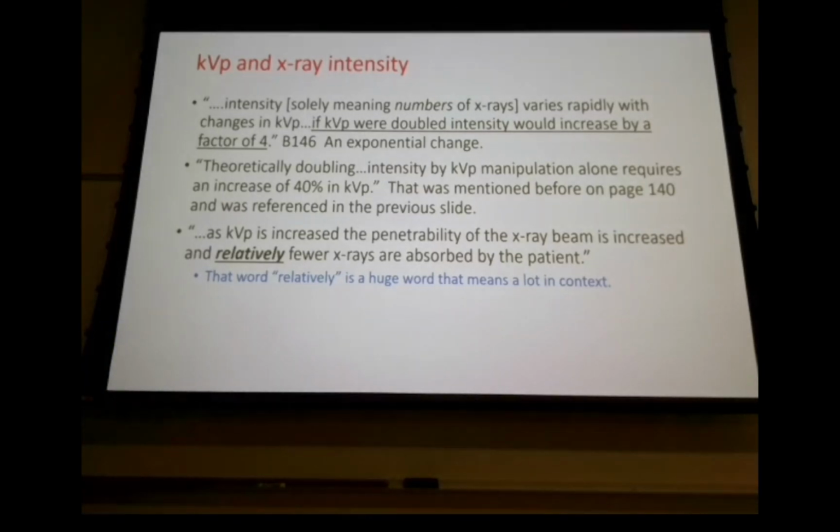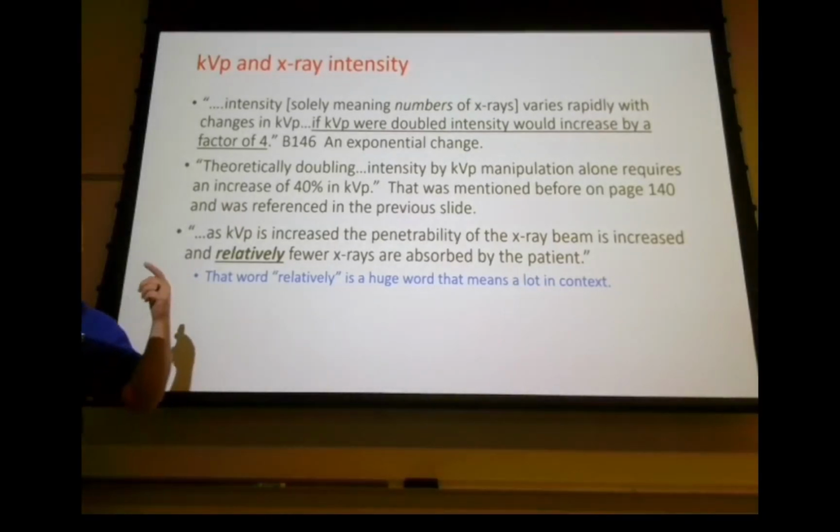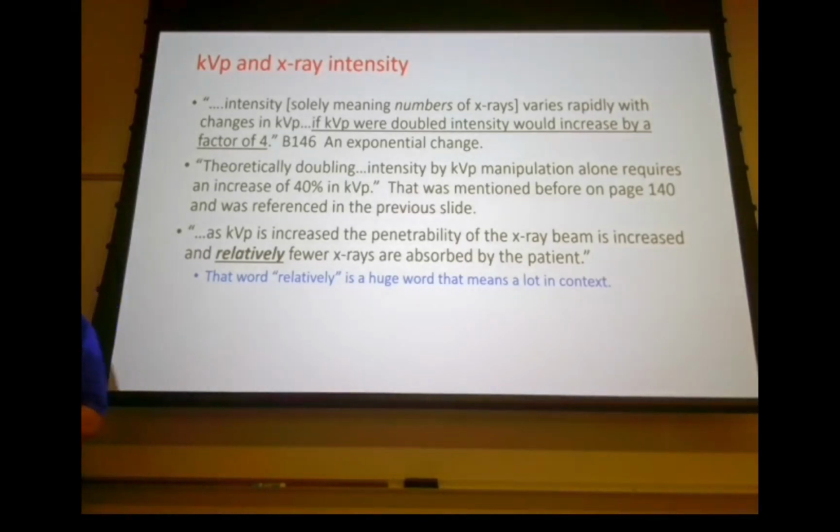Because we say as kVp goes up, scatter goes up. But what did we learn? That as kVp goes up, penetration goes up, all interactions go down, but what we get is a higher percentage of scatter photons penetrating through the patient. And it's really that penetration that gives us that increase in scatter. It's not truly an increase in scatter, it's an increase in transmission of the scatter incident on the image